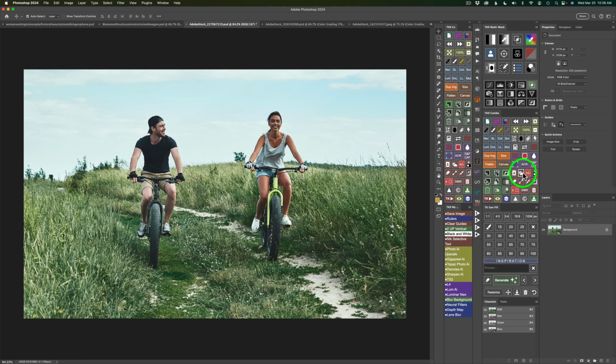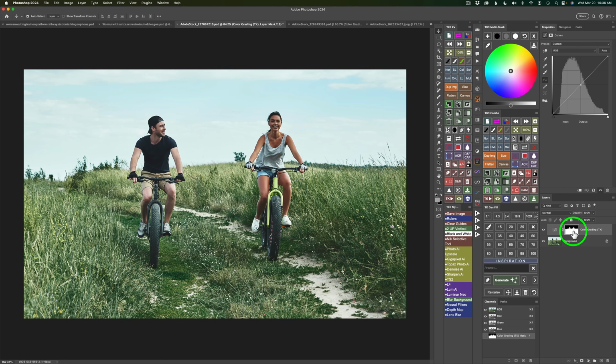I don't want to affect the people, but here's what I can do here. I could go ahead and double click on the sky button on the combo or CX panel. That gets us the foreground. And now I can click on the color grading tool, and now we only have the foreground. But I don't want to affect the subject. So if I click on the subject button on the combo or CX panel, and now click on my layer